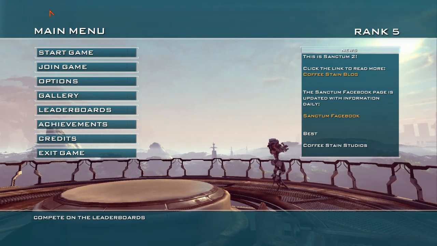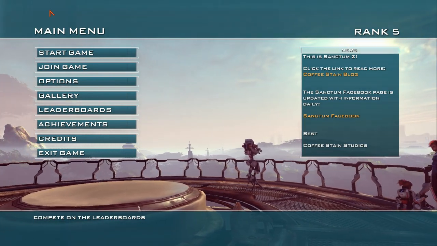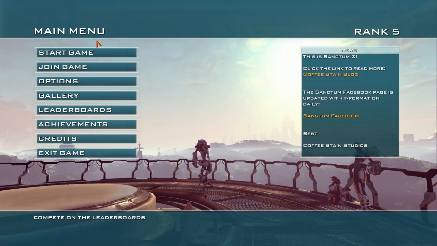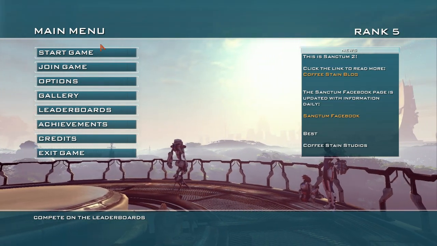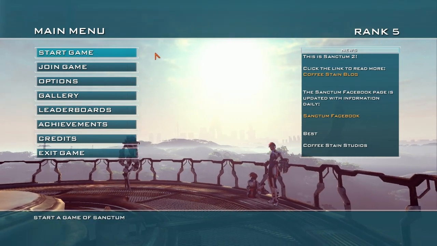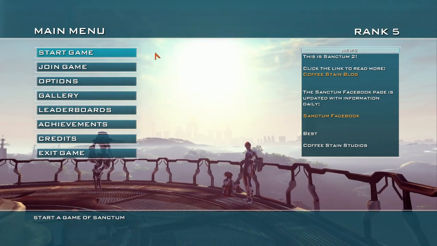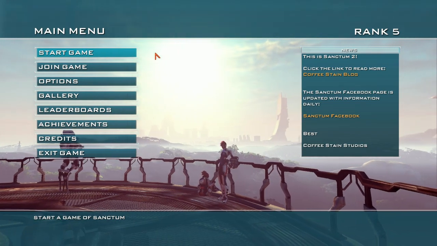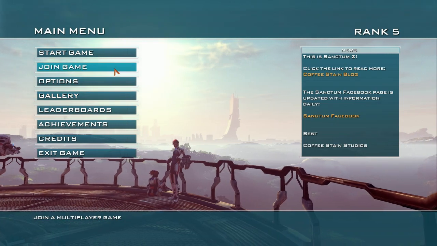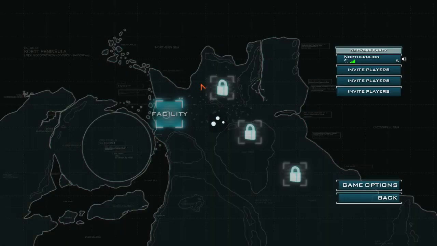But in any case, this is Sanctum 2, the sequel to the 2011, I believe, first-person shooter / tower defense hybrid. So this is kind of a unique take on the tower defense model, although I will say it reminds me an awful lot of the Blitz mode from the original Monday Night Combat, which is basically like a cooperative third-person shooter / tower defense game. It's got a lot in common with that. If you haven't played the original Monday Night Combat, don't sweat it, although that is one of my favorite pseudo-tower